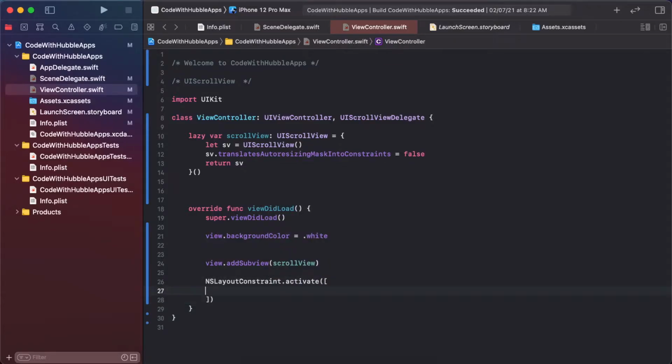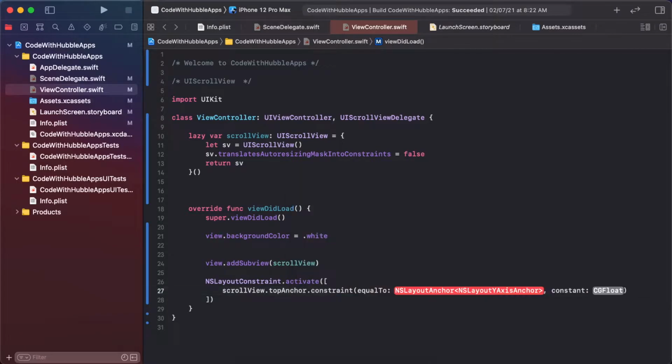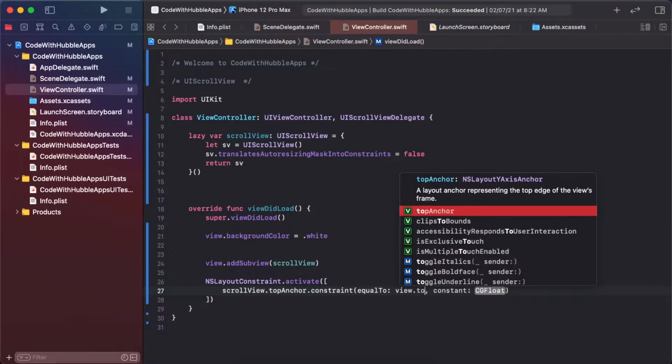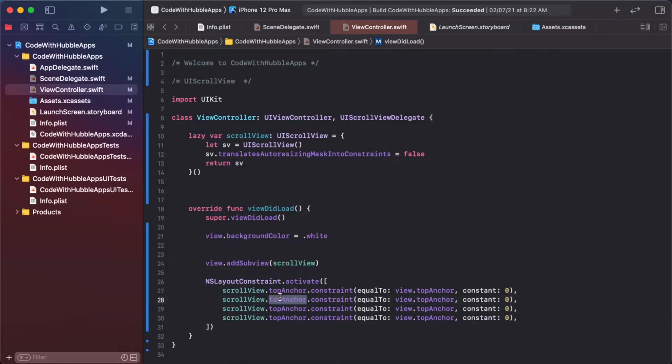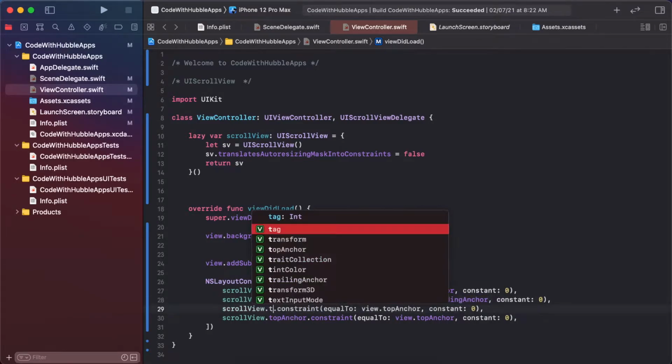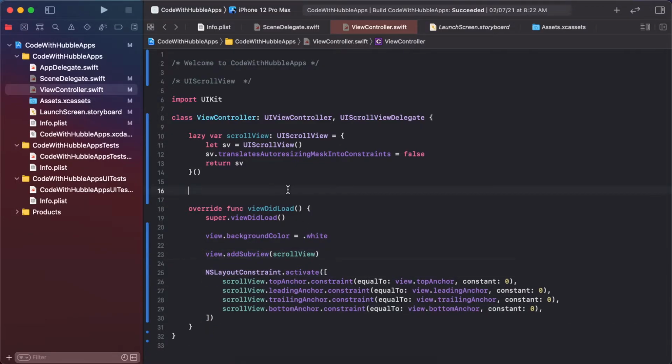NSLayoutConstraint.activate: scrollView.topAnchor constraint equal to view.topAnchor with 0, and copy and paste. So leading, paste here, trailing, paste here, and bottom, like the bounds. Constraint apply, and create